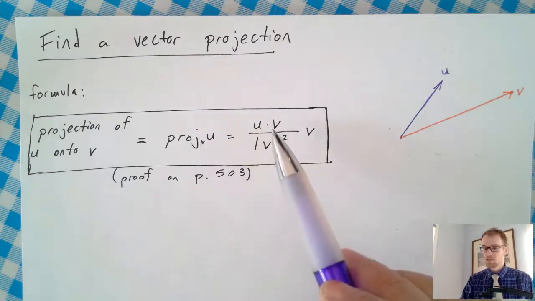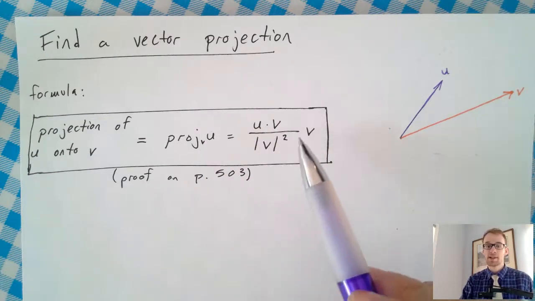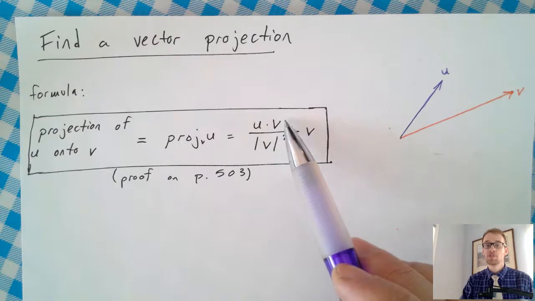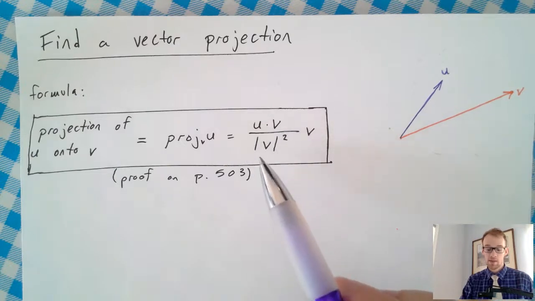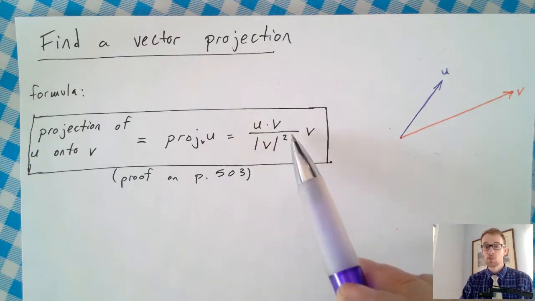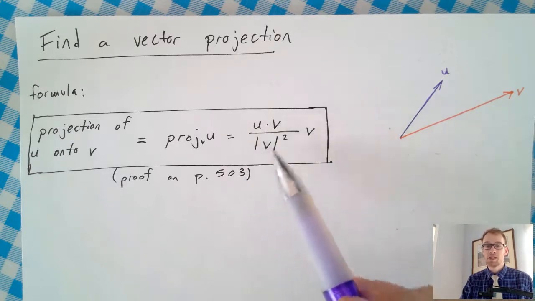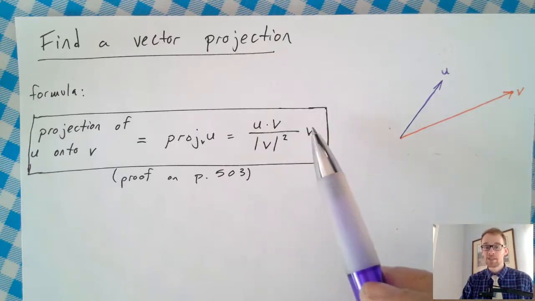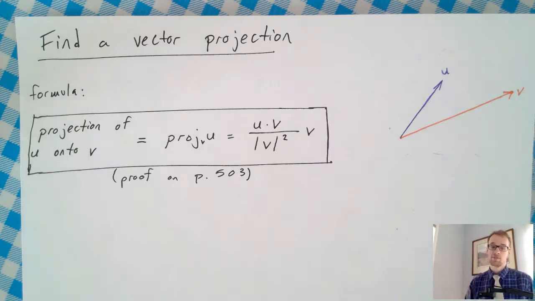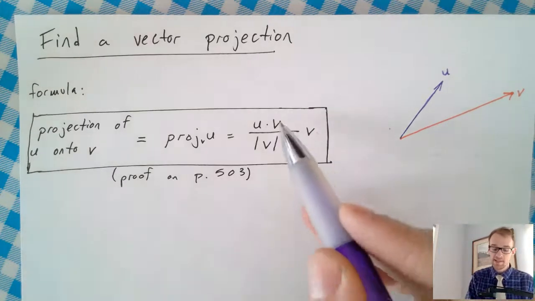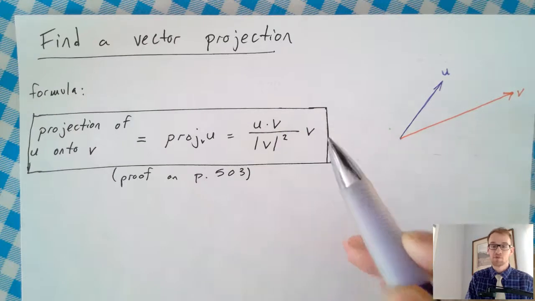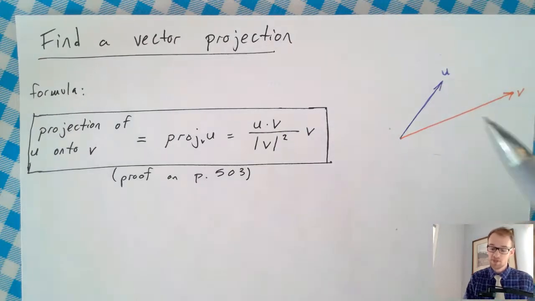It's a matter of doing a simple calculation, guys. You take the dot product of u and v, you divide by the magnitude of vector v squared, and that's the scalar. That's just going to give you a number. You multiply that times vector v, and you'll get the projection of u onto v. And it makes sense that it's a scaled version of vector v, because if we're really projecting u onto v,